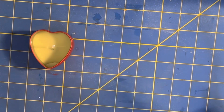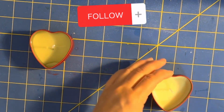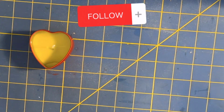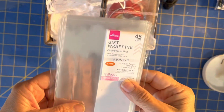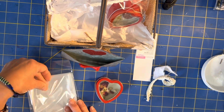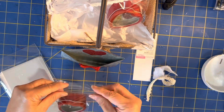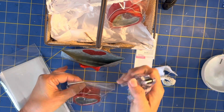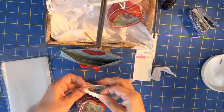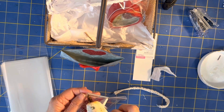Then after you cut all the wicks off the candle, what you're going to do is think about what kind of packaging you want to do. What I did is I bought these clear plastic gift wrapping bags from Daiso. They usually have the size that I want, and again, they're closer to my house, so that's what I bought. I was going to make a sticker so I can just seal it in the back, but I just decided to fold it over, staple it, and then I hot glued